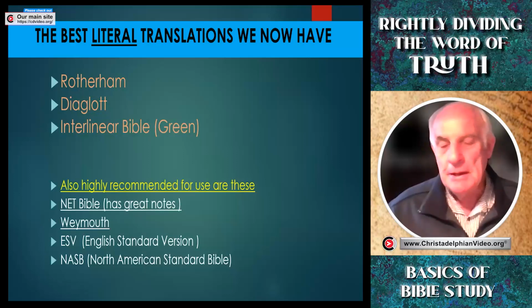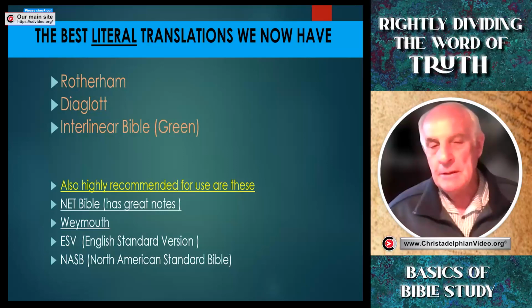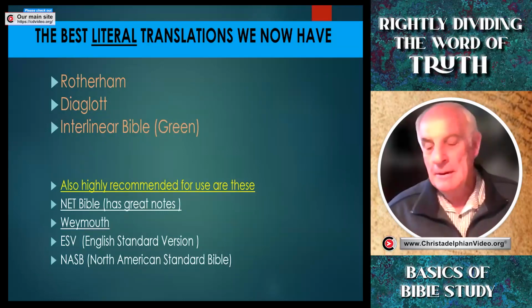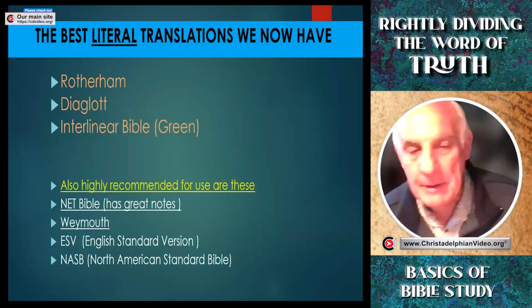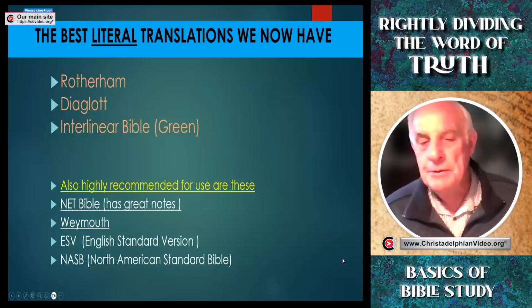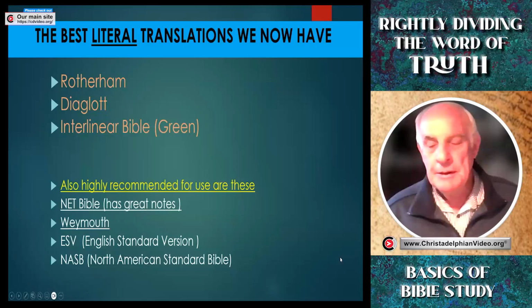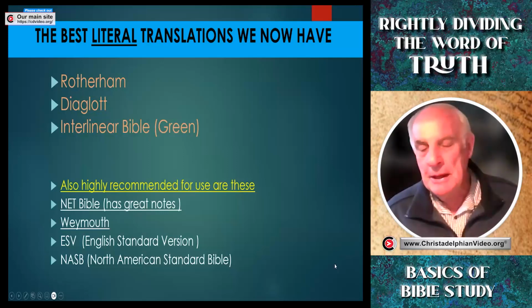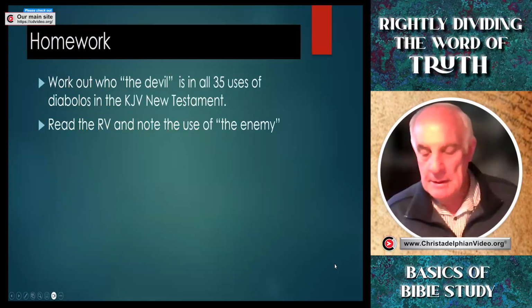And once you understand that the diabolos is the human nature that opposes God and will not submit itself to God's will, then you can see why they translate it as the enemy or the false accuser or the adversary. And you can get both devil and Satan properly translated in these translations. Other translations we recommend for use, we've got on the bottom there, we've already shown you that, but just again, some very good other translations to use. But when you want to get accuracy, go to the literal translations.